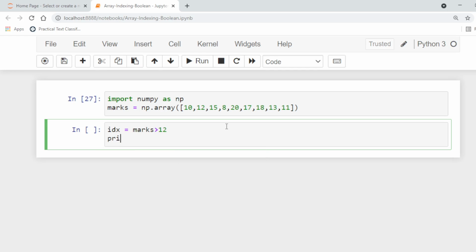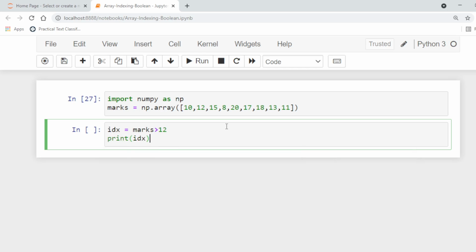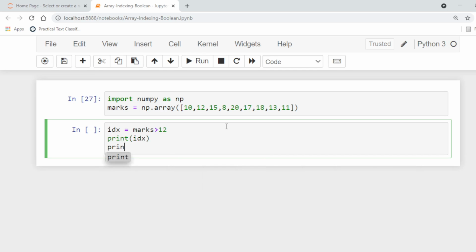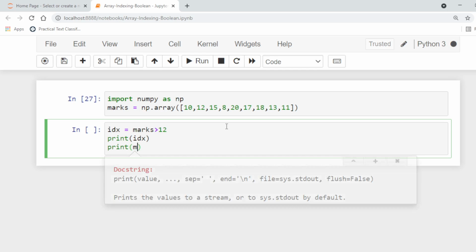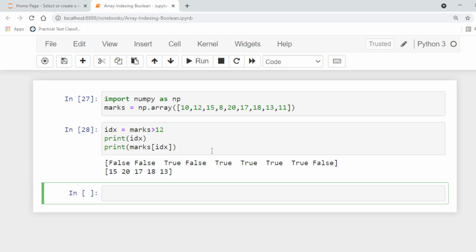Now let's print this idx, and then we use this idx as indices for the above array marks. So this is the output. Now we see that the output contains only those values which satisfy the above condition.